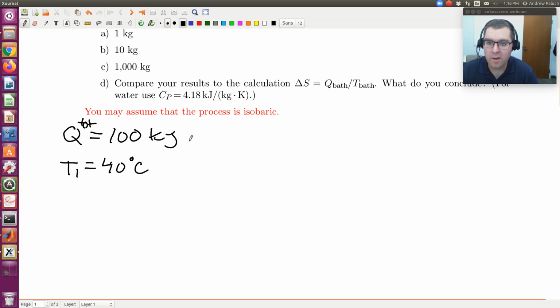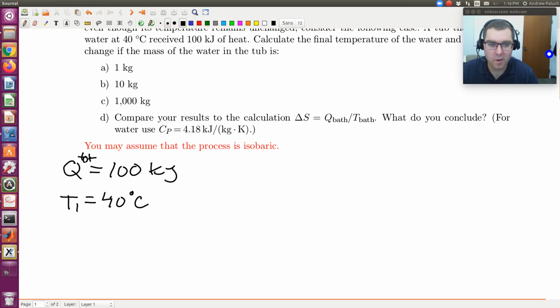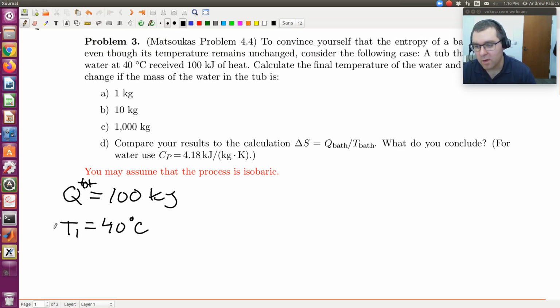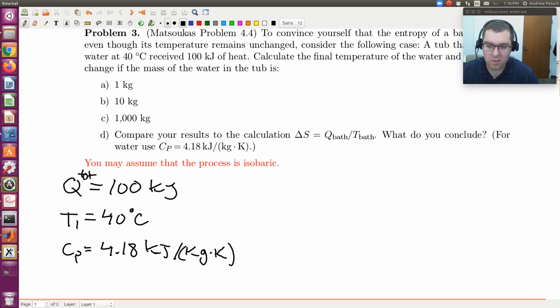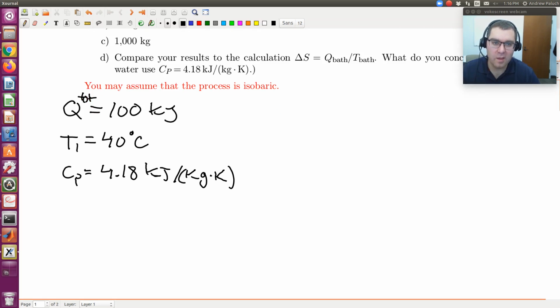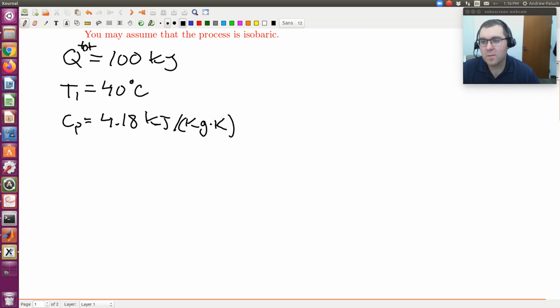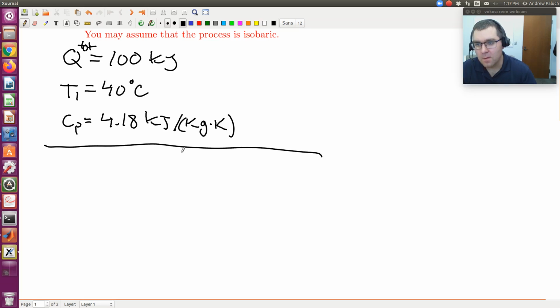Now we're also told to assume that we have an isobaric process where Cp is equal to 4.18 kilojoules per kilogram Kelvin. So how do we use this? The first thing I need to calculate is my change in T. Let's take this in a couple of steps. We're told to assume we have an isobaric